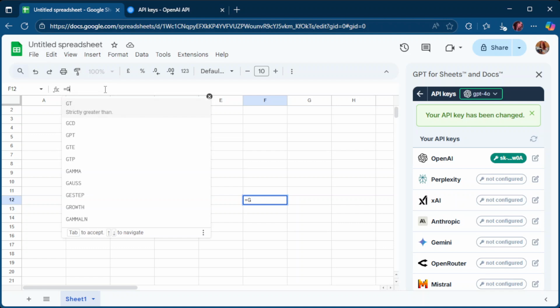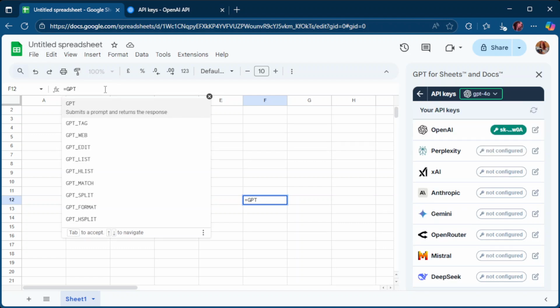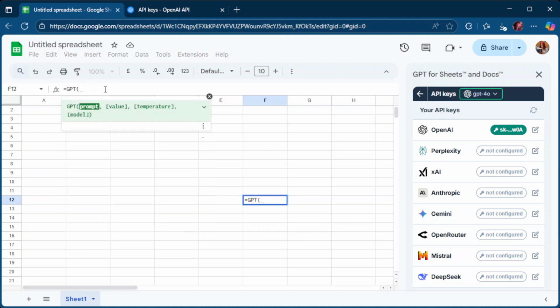You've successfully connected ChatGPT with Google Sheets, opening up a world of possibilities for your data processing and analysis needs. With this integration, you are well on your way to making your spreadsheets a hub of powerful AI-driven insights. I hope this video was helpful, and I look forward to seeing what you'll create with this new